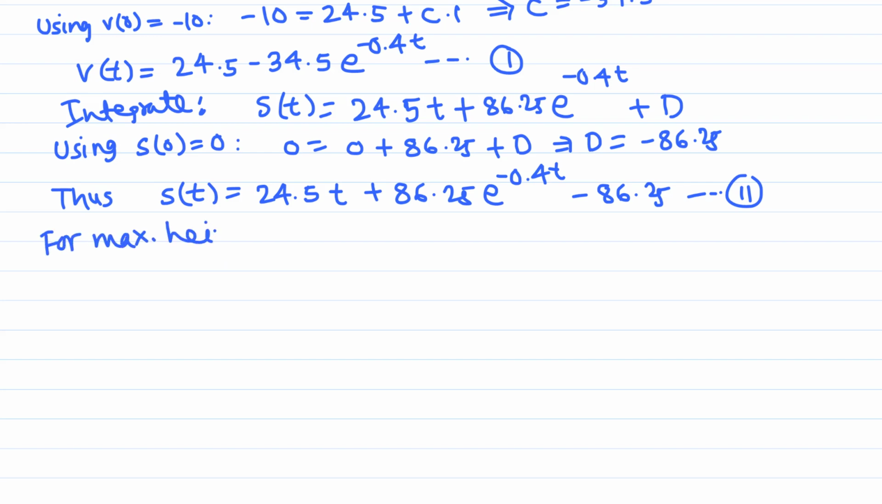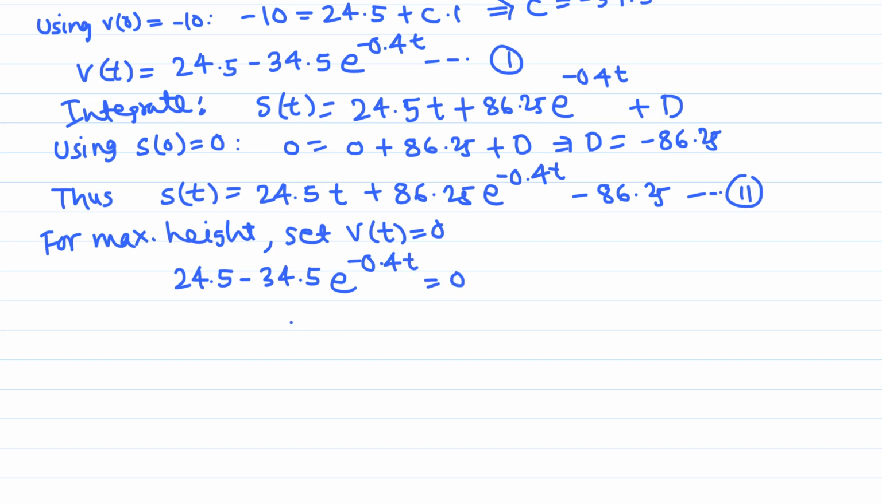For maximum height, we want to find the time first. We set the velocity to 0 in equation 1, that is 24.5 minus 34.5 e raised to negative 0.4 t equals 0. Now let's solve for t. Subtract 24.5 from both sides, and divide by the negative, so e raised to negative 0.4 t equals